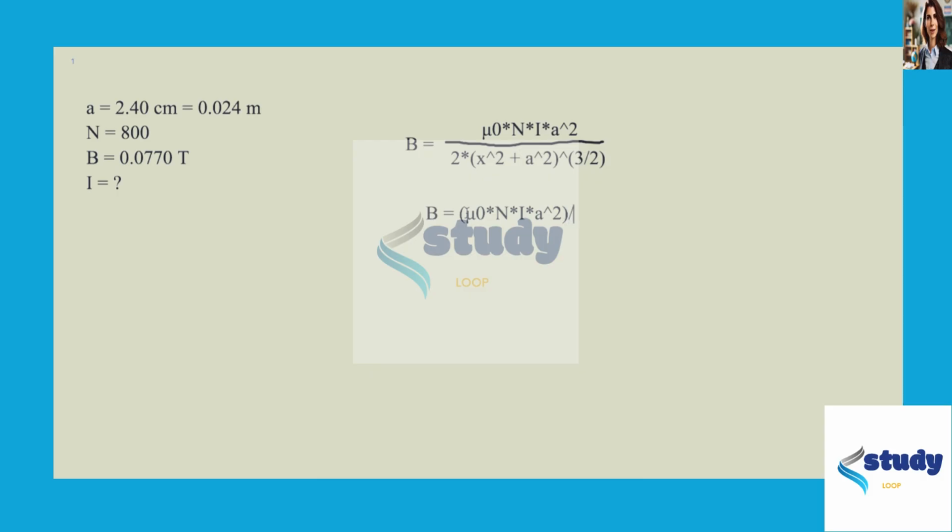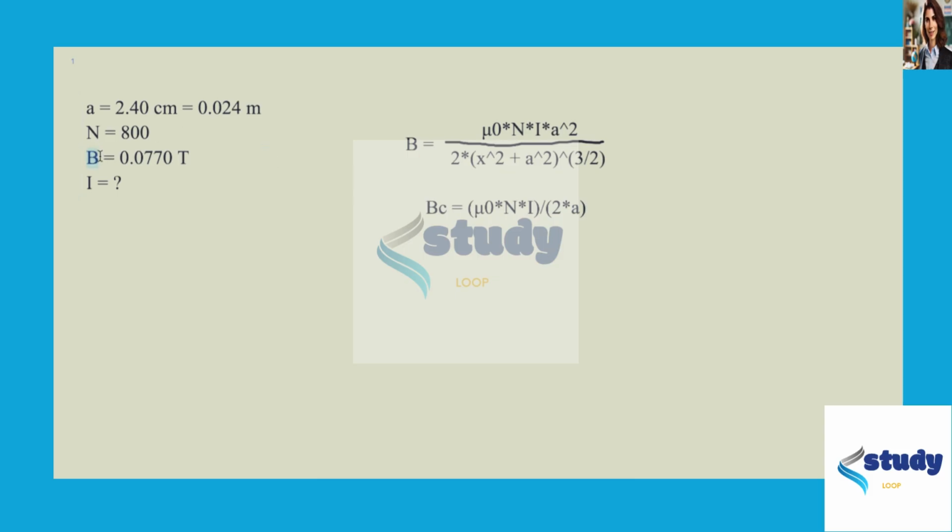Now let's look at the bottom here with x equal to 0. When x is equal to 0, we have 2 times this factor of A squared raised to the power of 3/2. And what that does, A squared to the 3/2 is going to simplify to just A cubed. If we take a look at this, we have A squared on top and A cubed on the bottom, and that's going to cancel out to just a simple factor of A in the denominator. So we can write this easily as this. And I'm going to label this BC